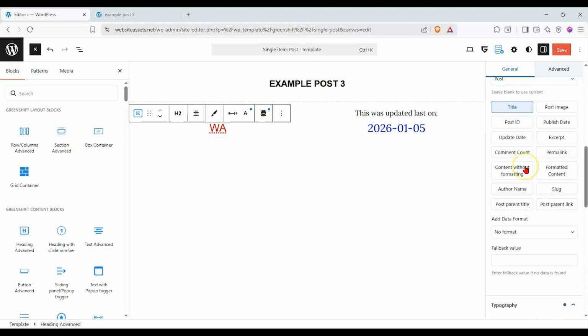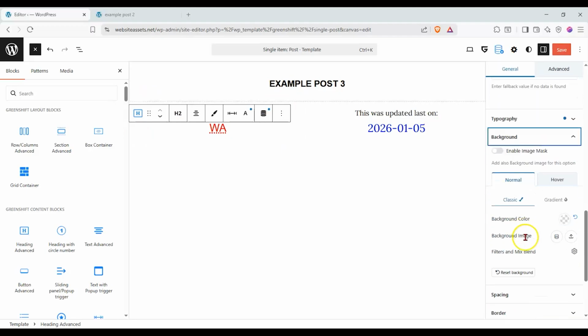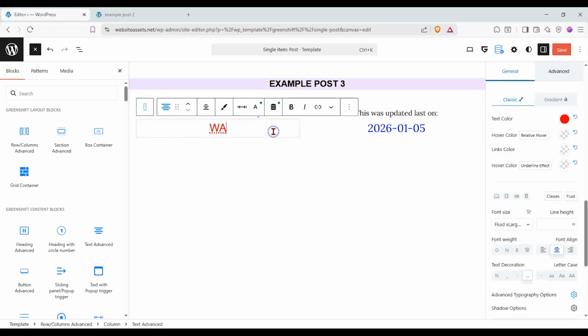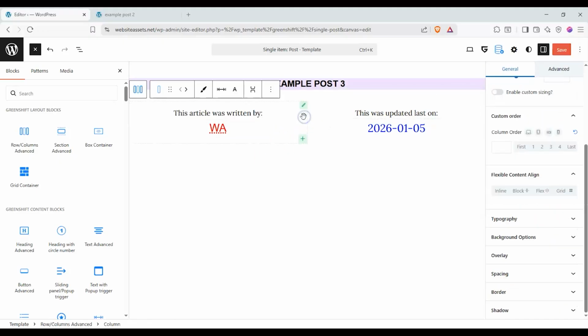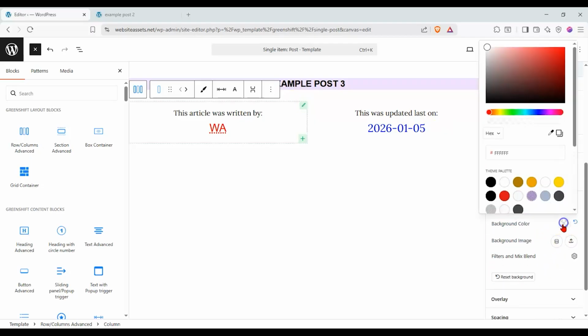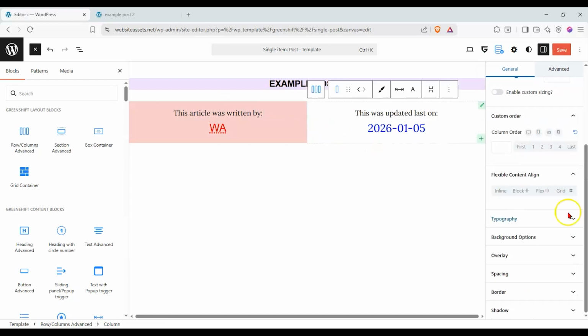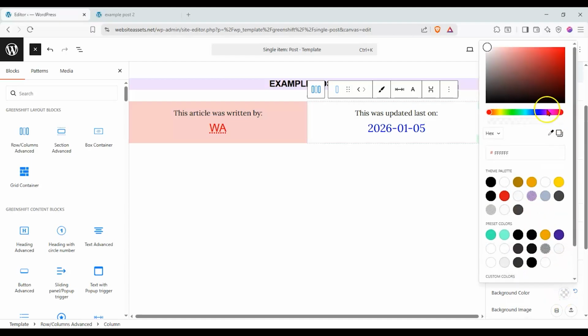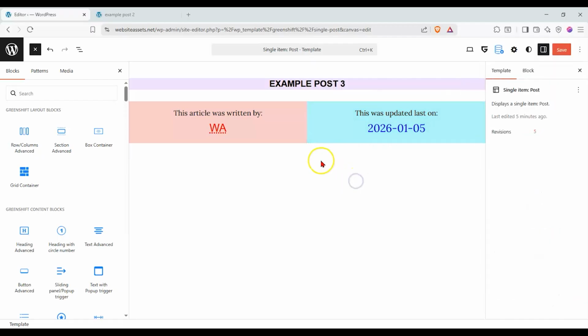Let's add in a background color to this, just so we can differentiate each one of the levels. All right, so for this container, let's go ahead and add a background color to this, just so you can see it's a bit different. And then over here, we'll do the same thing. It's not going to look pretty, but again, these are going to be your options as to how you're going to want to customize each one of these blocks here. So far we have our title, we have our metadata on here, and